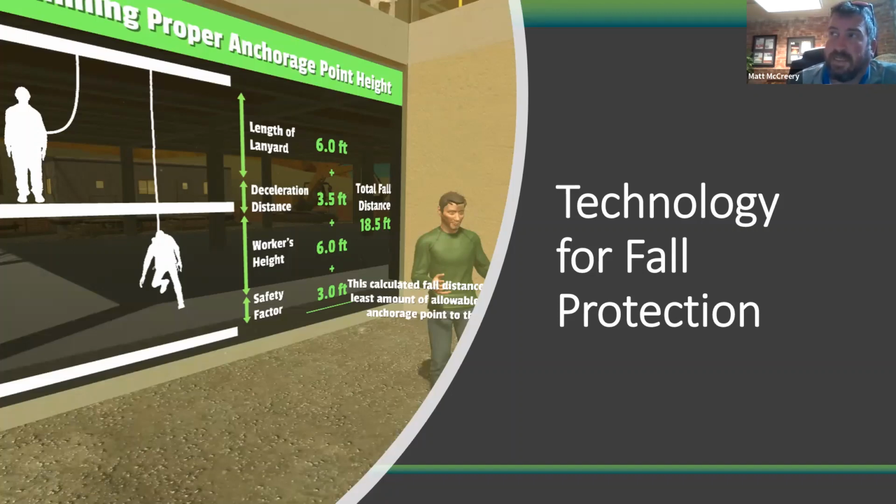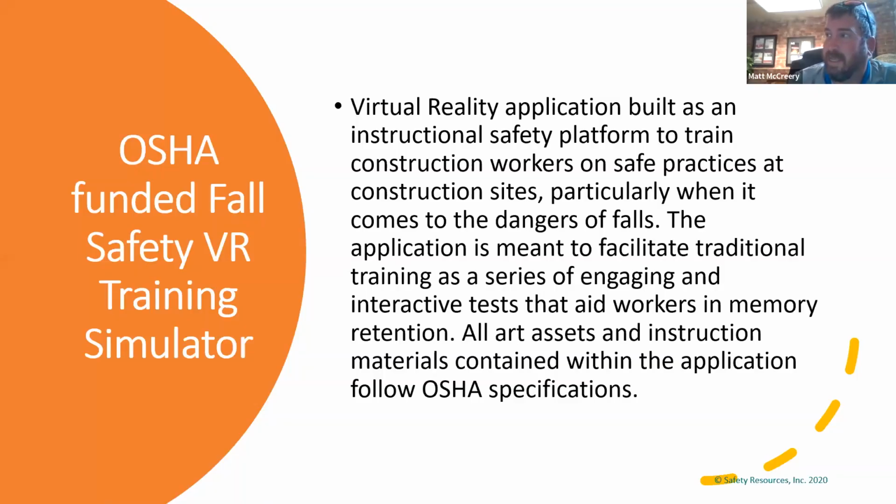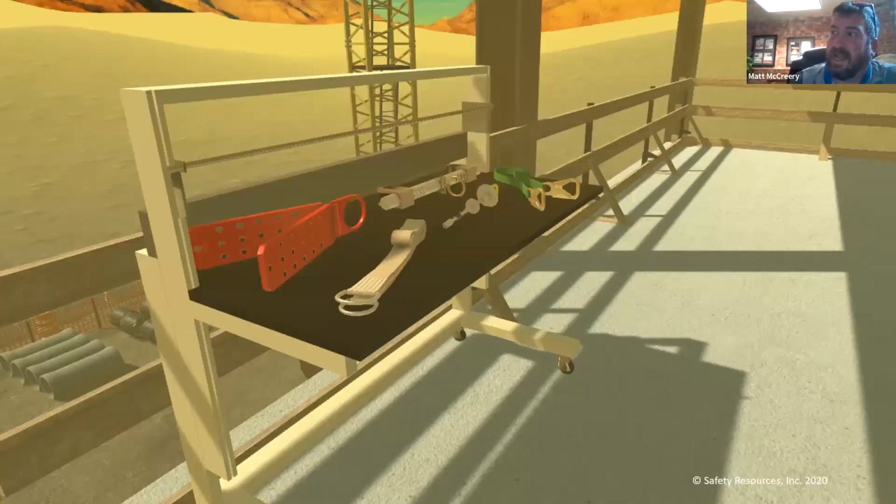Maybe not so much, this is virtual reality training. Purdue University here in Indiana got a really cool, big-money grant from OSHA to develop a fall protection VR training. So you can get your Oculus from your kids. You can buy this program and you can train your workforce on actually,